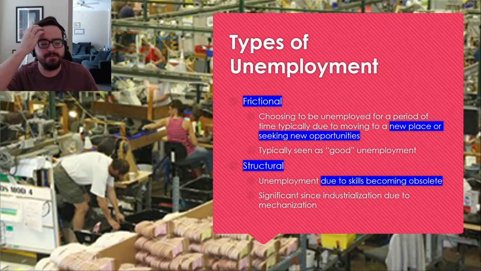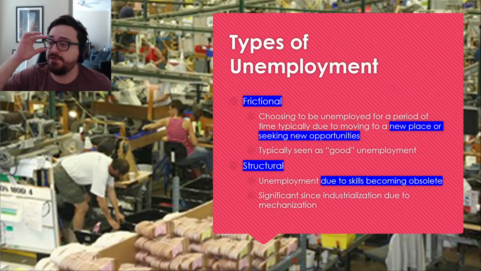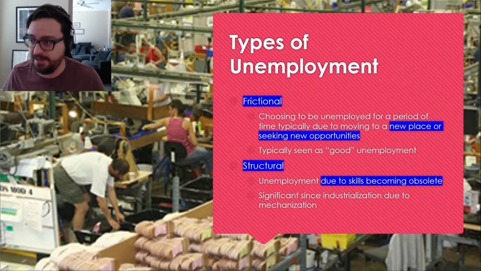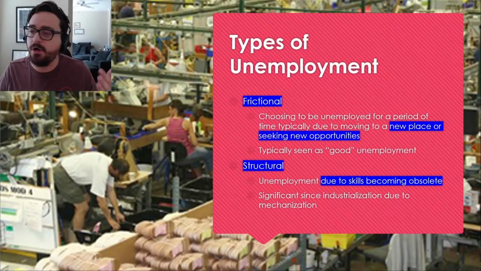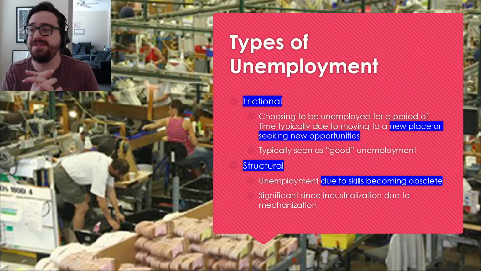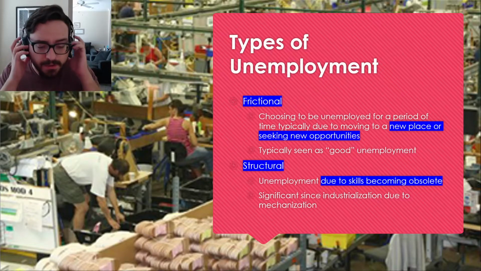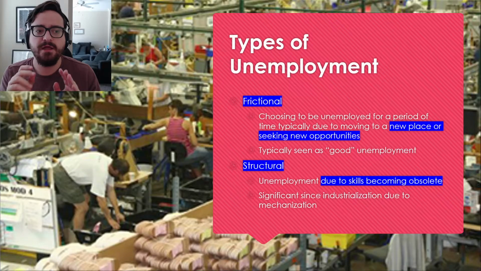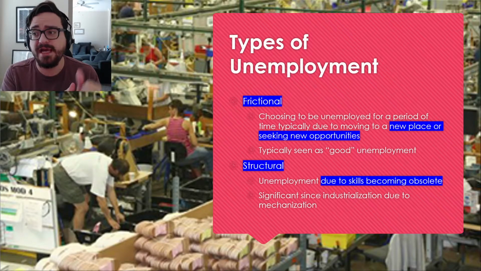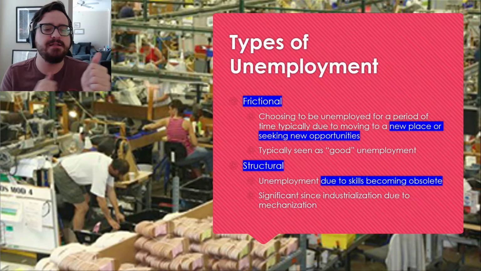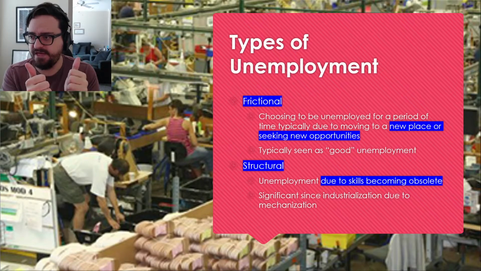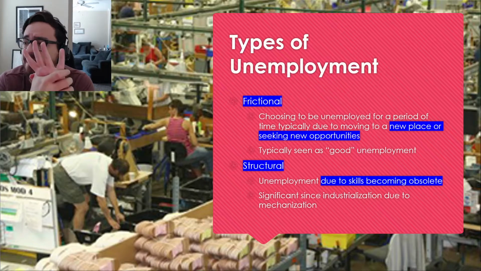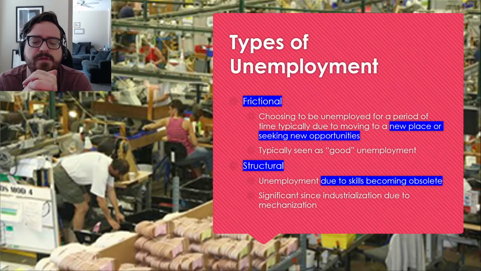The next big step. So we mentioned unemployment, and I mentioned at the very beginning that there's some unemployment that's good and there's some that's actually bad. The misconception is that all unemployment is equal and all of it is bad. That's not true. In fact, what we have right here on the screen are 2 types of unemployment that are, if not actually good to have in your economy, then at least necessary to have in your economy. There's a total of 3 that you have to know for the AP exam. I'm going to show you 4, but there's 3 that you have to know.